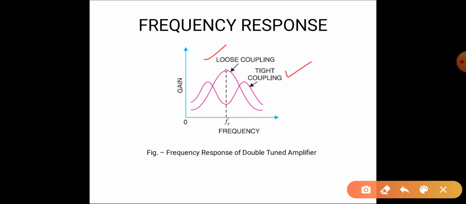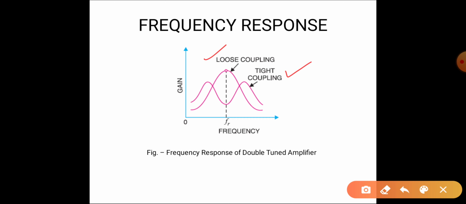So when L2 is coupled to the coil L1, a portion of load resistance is coupled into the primary tank circuit of L1C1, and it will affect the primary circuit in exactly the same manner as though a resistor has been added in series with the primary coil. So this coupling means when L2 is coupled across L1, it will be the same as a resistor connected in series with L1.